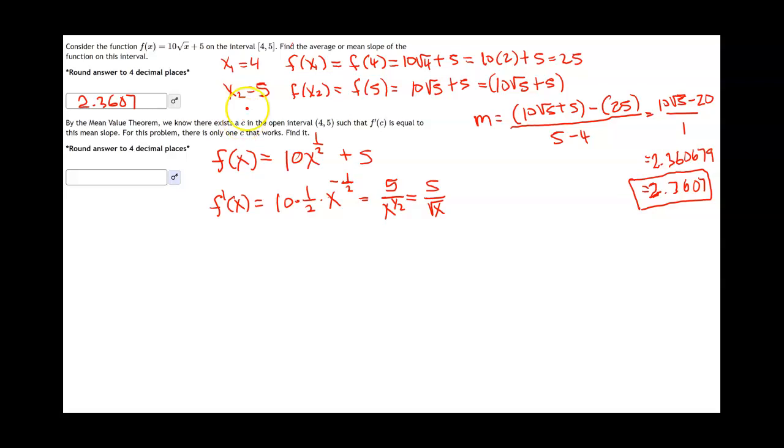But we're looking for c, so we're going to write this in terms of c. So f prime of c is going to equal 5 over radical c. Now, the mean value theorem says that f prime of c is going to equal the slope we calculated, which is